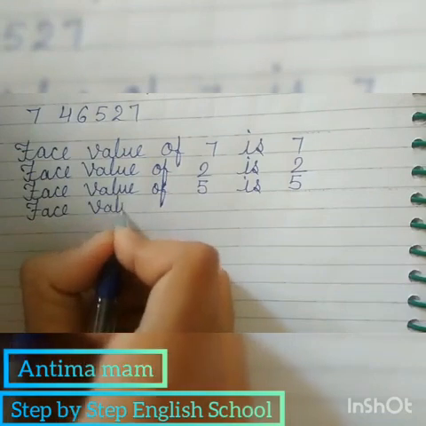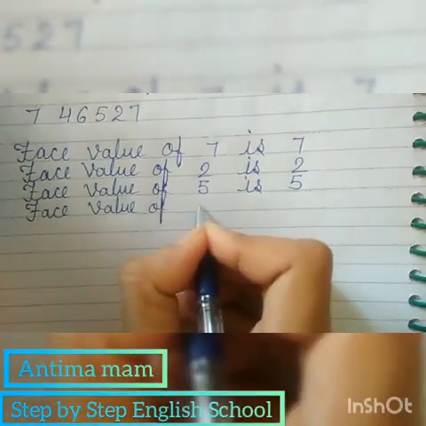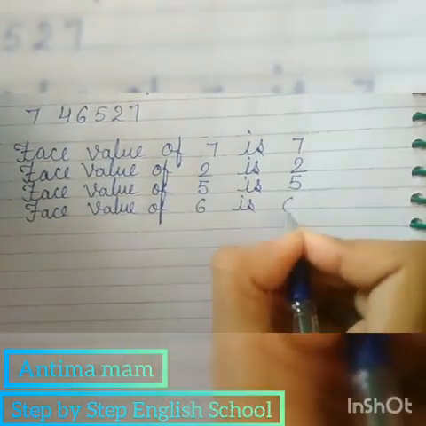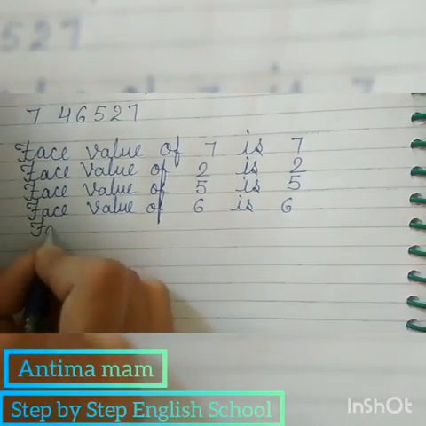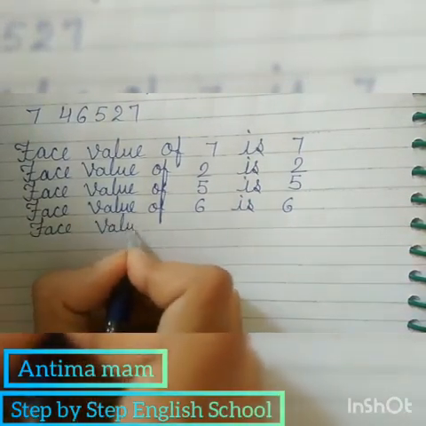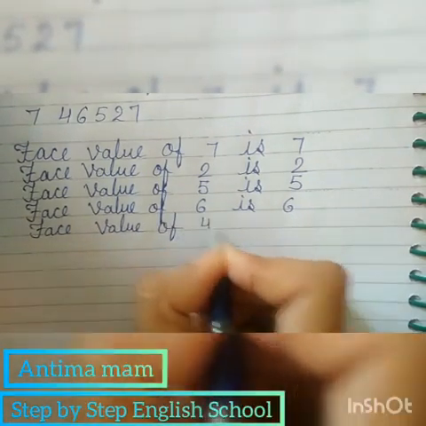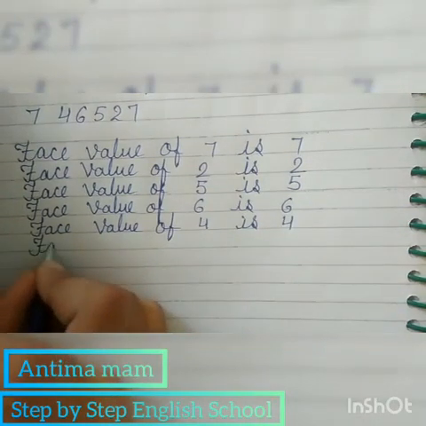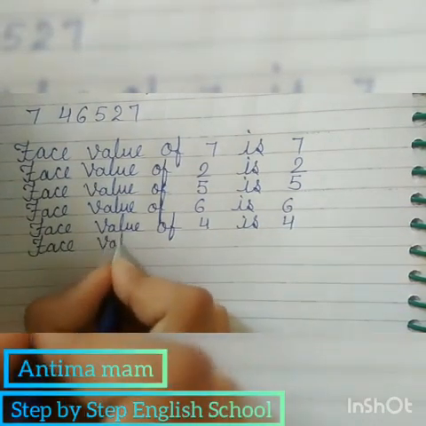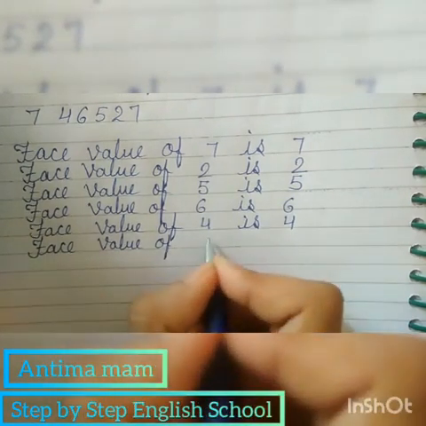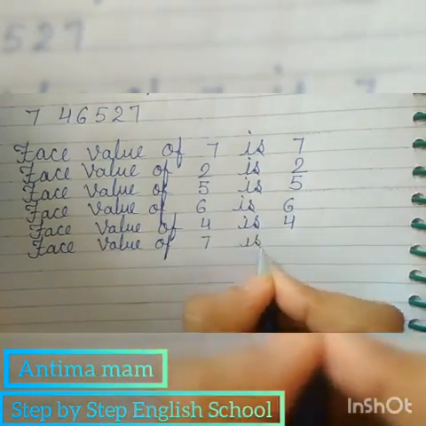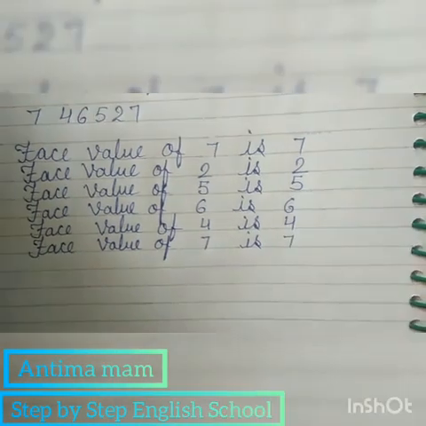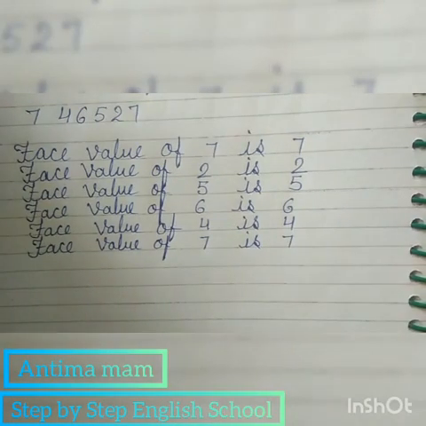Face value of 6 is 6. Face value of 4 is 4. Face value of 7 is 7. We got face value of each number and I hope you have learned about face value and